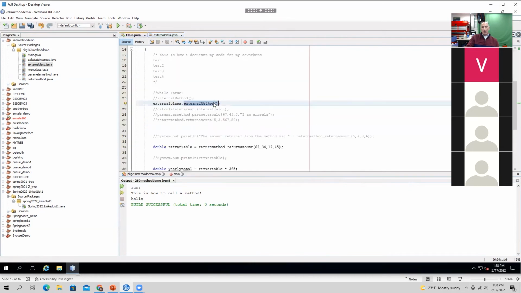So if we look at this from the Java perspective, when I run the main method, it's the same class it's starting up on. It's the same main method that was calling the first thing it wanted to do. But now it's running code from a completely different class. So if I wanted to run my interest calculation, my tax calculation, my amortization calculation, I can create them. Get your head in order to think from a hierarchy perspective and break things out as small as you can make them.